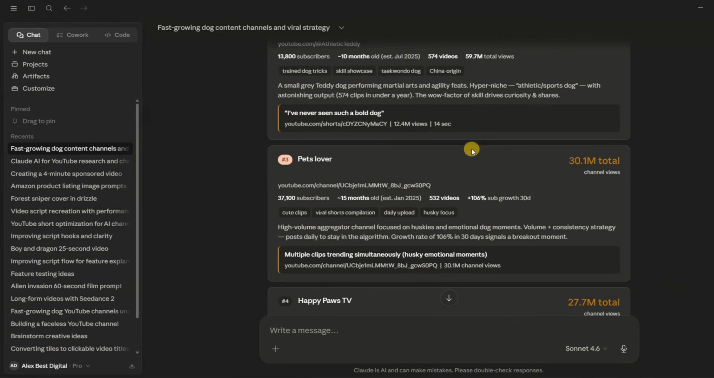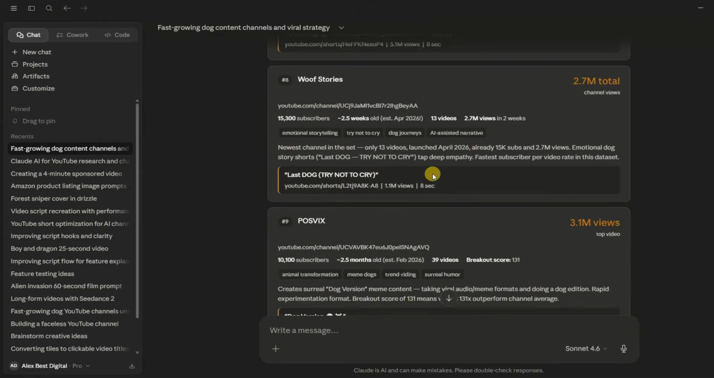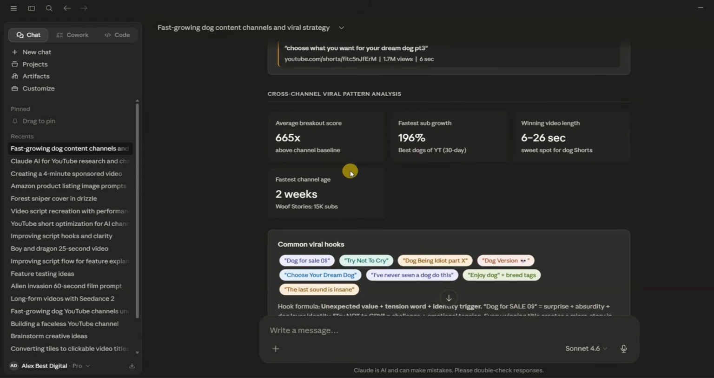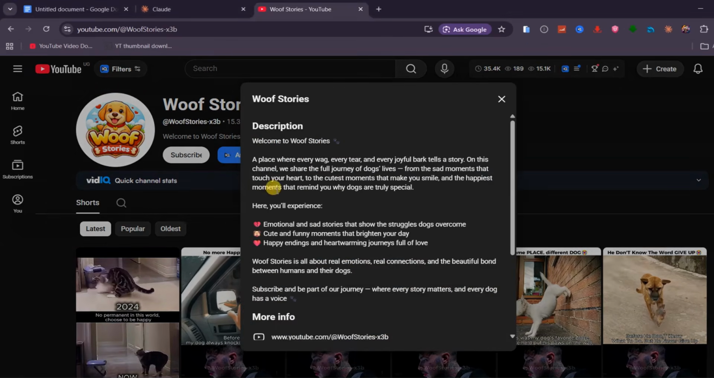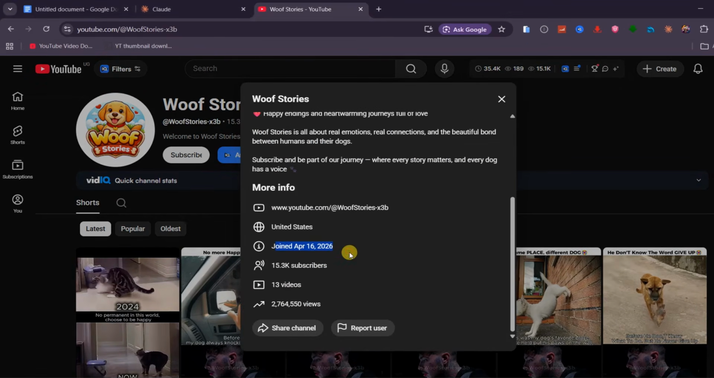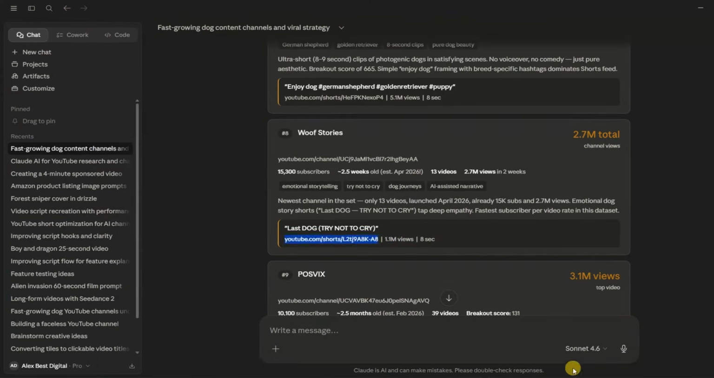All 10 channels are ranked the same way, and you can explore each one without spending hours scrolling through YouTube manually. You also get the average breakout score, subscriber growth percentage, and short video length patterns. One channel in the results has grown 15,000 subscribers in only 2 weeks. When I visited on YouTube, you can see it was created on the 16th of April this year, is literally 2 weeks old, has over 15,000 subscribers, 2.7 million views, and its top viral short has 1.1 million views, exactly